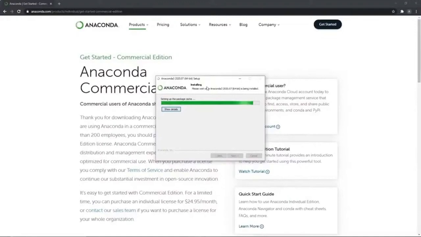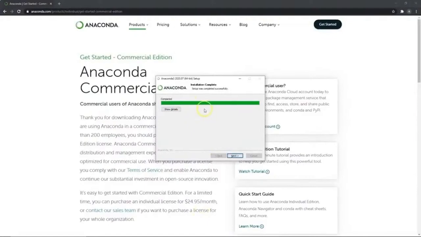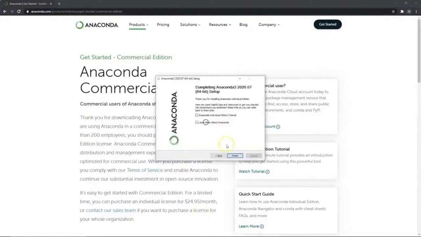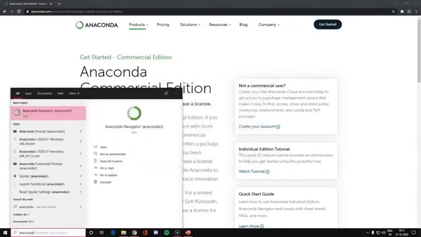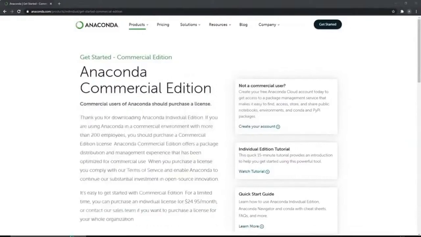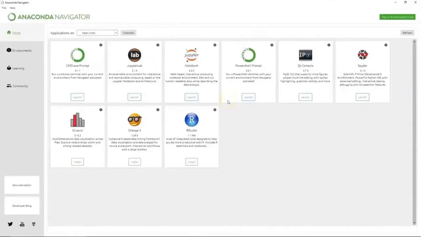Now once it's done, I will show you some of the things that Anaconda contains that are not there if you installed Python the way I showed you earlier, the bare bones Python implementation. As you can see here, my installation is actually complete, and now I will open Anaconda and show you how you can actually use it. If I search for Anaconda in my system, I would look for something called Anaconda Navigator to get started with this. When I open that, it should open something like this. This is what opens when you click on the Anaconda Navigator.